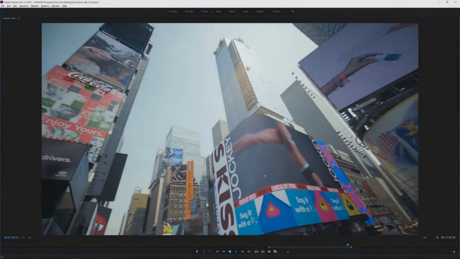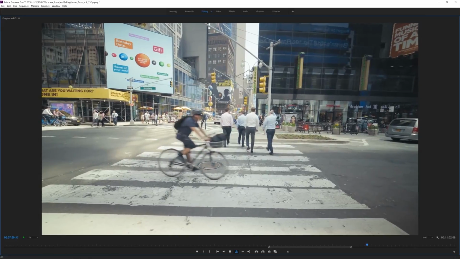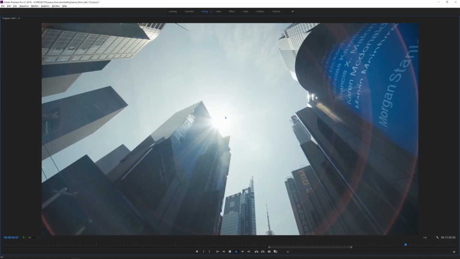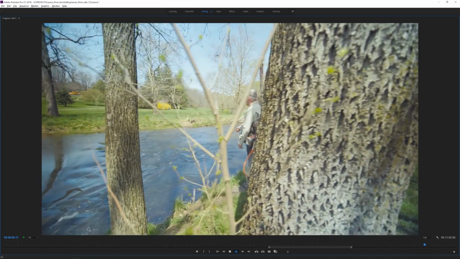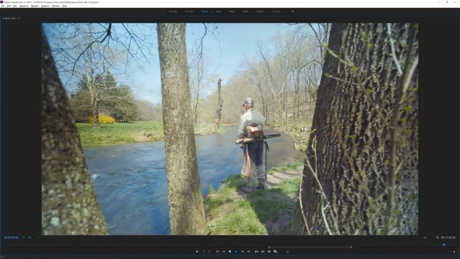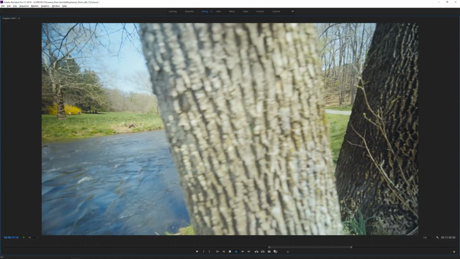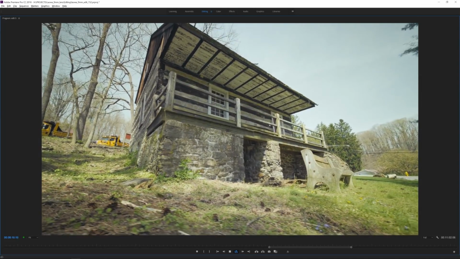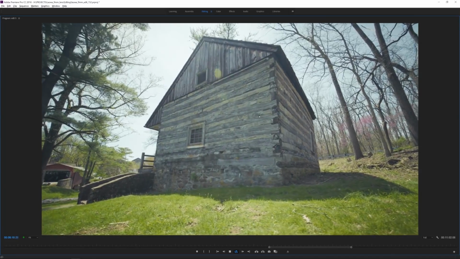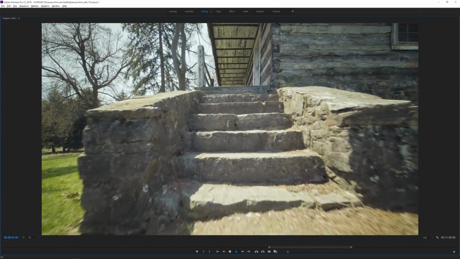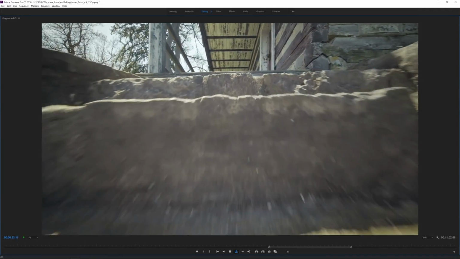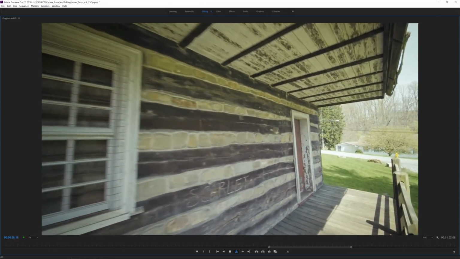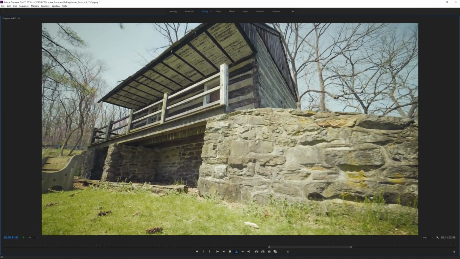This can be done pretty much in any editing software these days, whether it's Sony Vegas, DaVinci Resolve, Final Cut Pro, or in this case I'm going to be using Adobe Premiere. That's because most of these programs have the same basic audio tools that I'll be using. As an example, I'm going to be working on this recent review that I did of the Laowa 9mm lens. It's a great lens, I think, and it's a good example because it shows you these very common problems you're going to have when you're recording your audio in your videos.